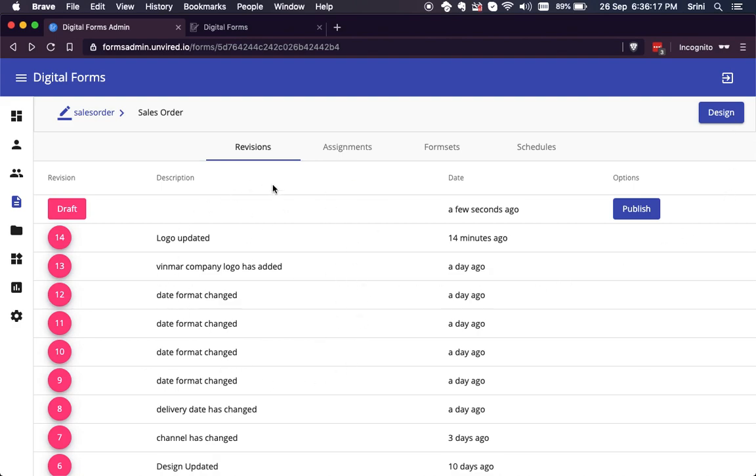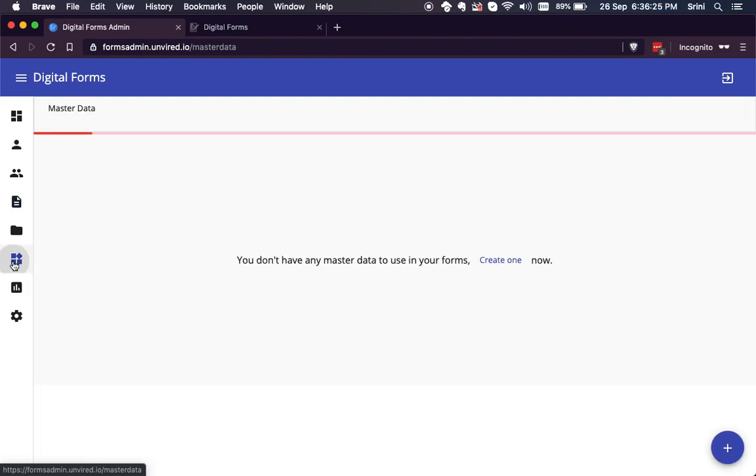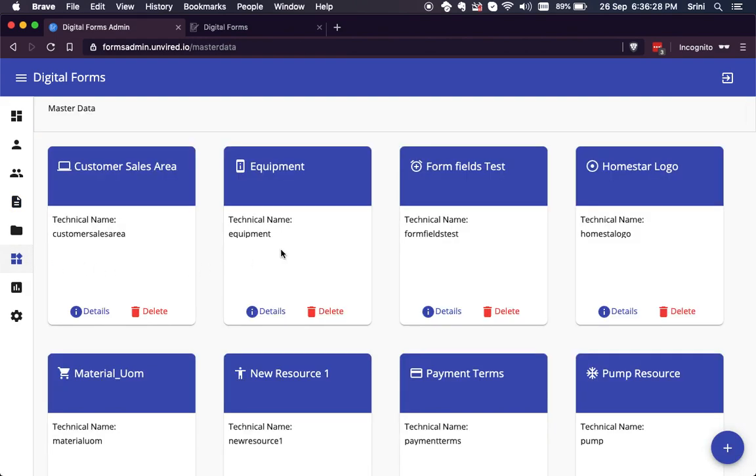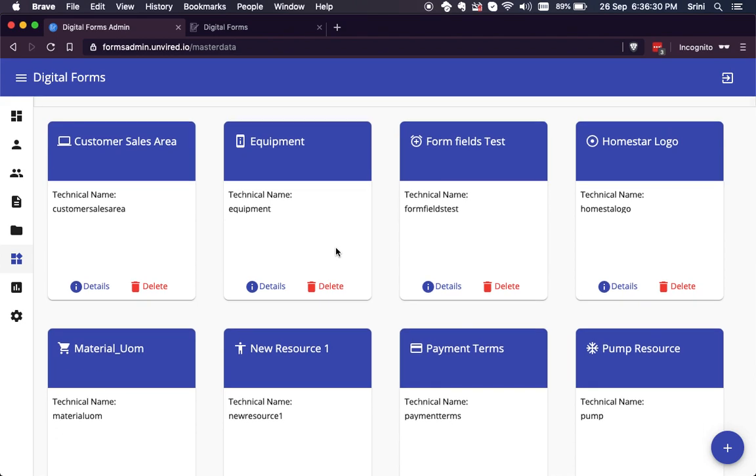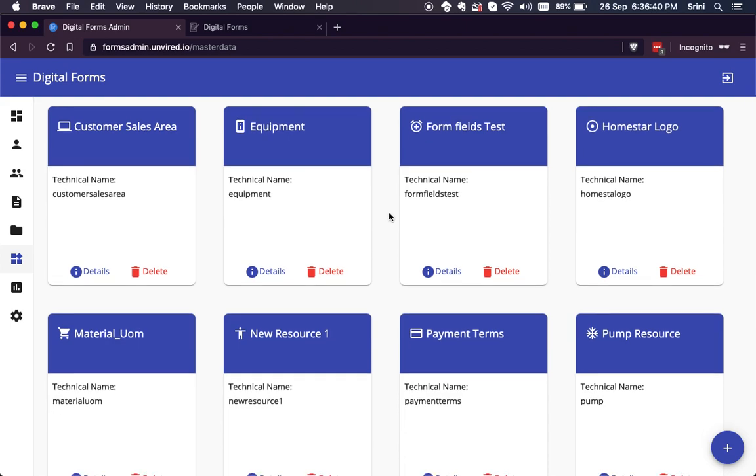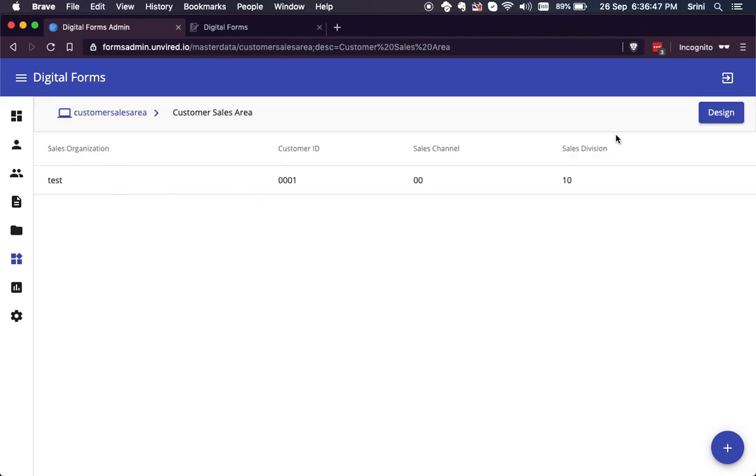So that's the forms which you have, which I just showed how you could design. Another concept we've used in the sales order is, when the sales guy creates the sales order, he or she obviously doesn't want to enter customer details, etc. So you want that available in a drop down, so you could just select that. For that purpose, we have a facility called master data that you can design, similar to